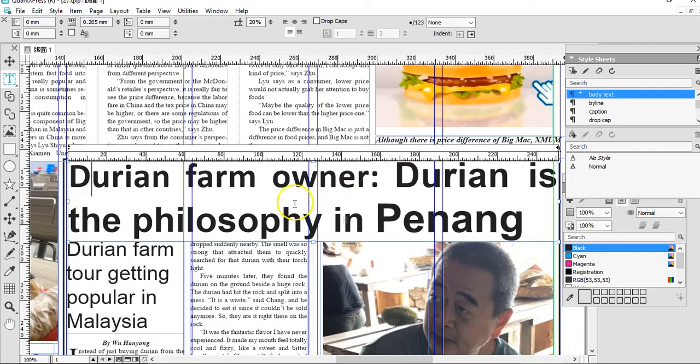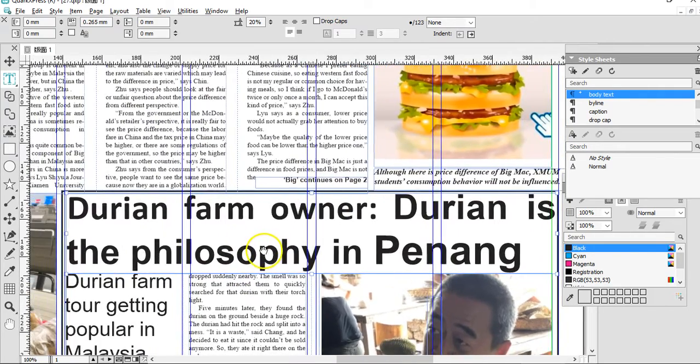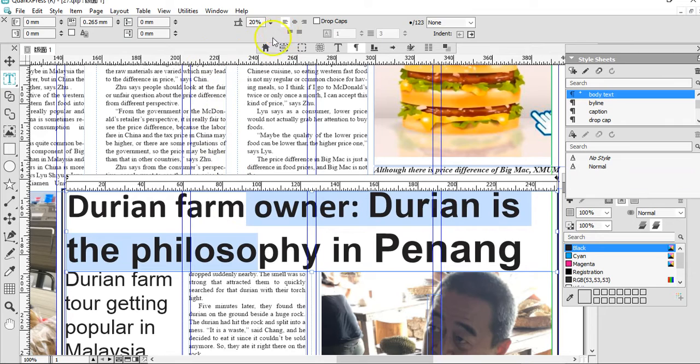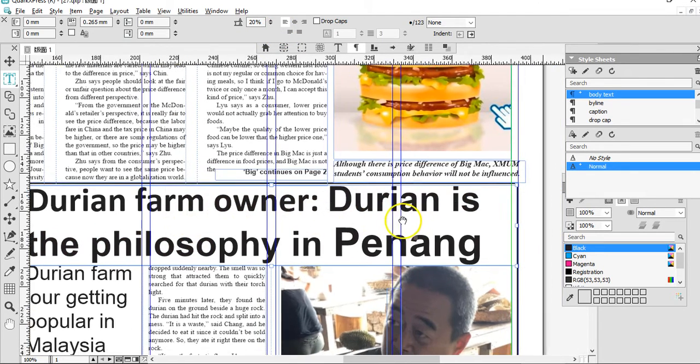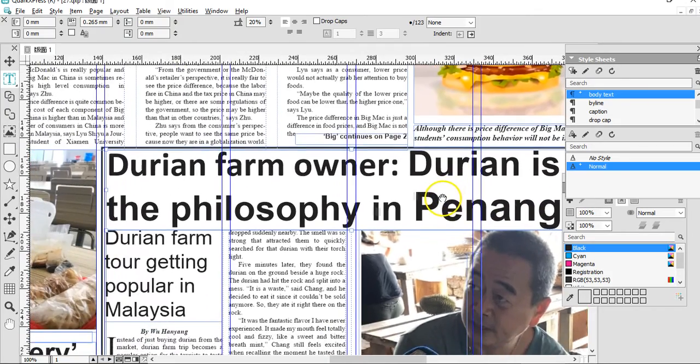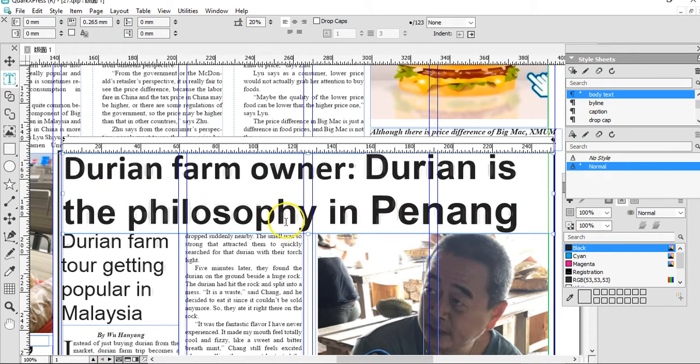This appears to be justified. We don't want to justify it. We need it to be flush left. It may look like it fills the space, but it puts space in between words. We don't want to do that. We can make this another point size bigger if we wanted to, but considering that, it's going to take more space vertically, and so actually this is where you could